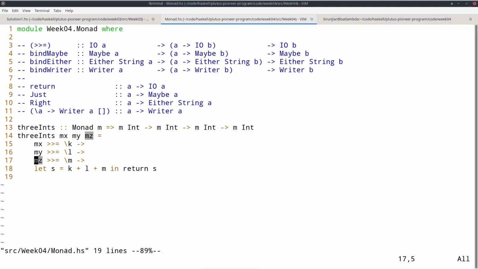And bind allows you to chain several computations of this type together. So given one, and a way, given a result of the first one, to produce a second computation, you can use bind to bind those two together into one. And that is, of course, crucial if you want to assemble a large, complicated computation. So you have simple primitive ones, and using return and bind, you can assemble them into arbitrarily complex computations.